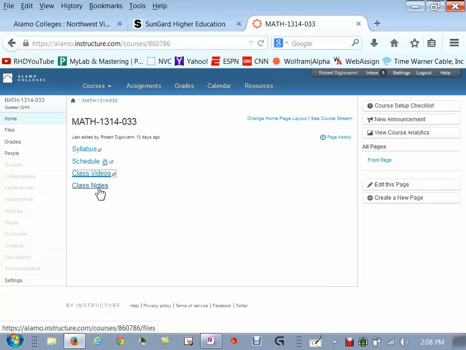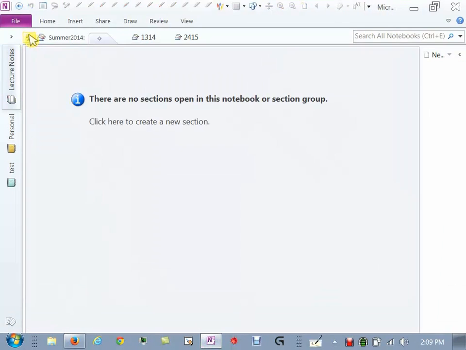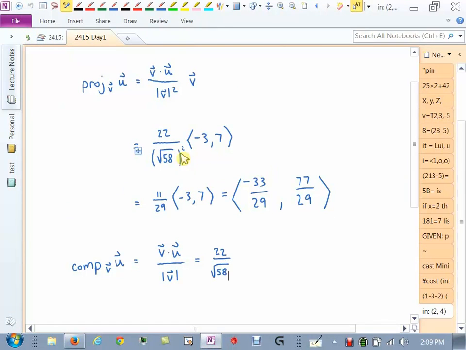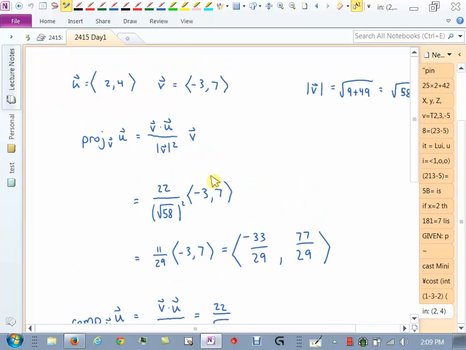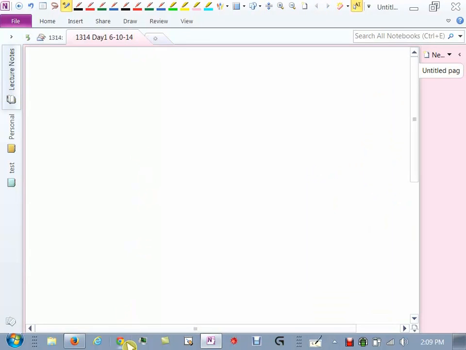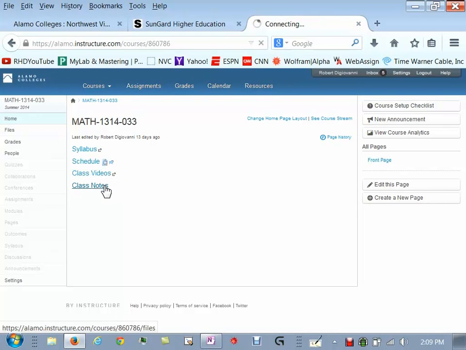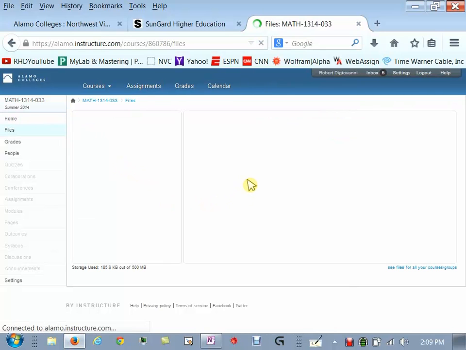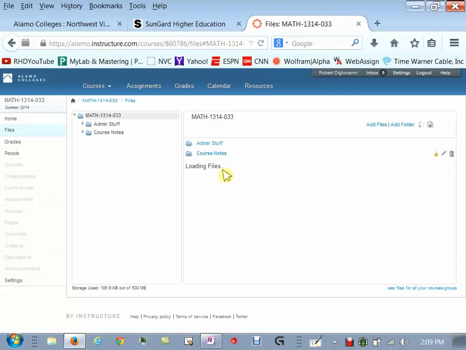And then the notes, as I write everything down, like here are my notes from my class yesterday, what happens is these are different pages, and I save it as a PDF file. I post it on Canvas, and then you go there, and you can actually click on class notes here, and they should appear over here. Right now, there's nothing in class notes because I haven't done a class yet, obviously.